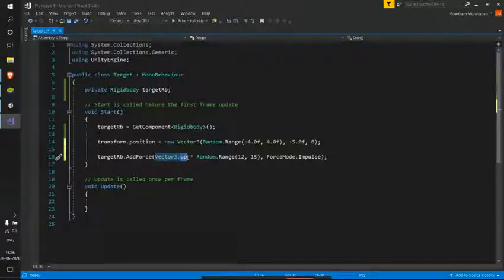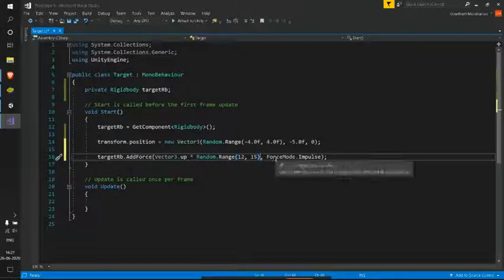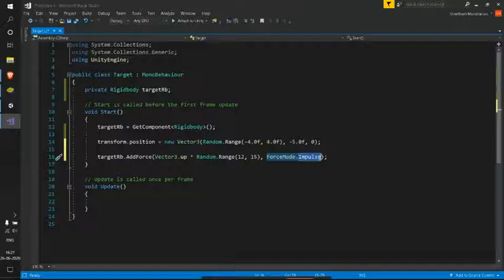And next we are amplifying this using this particular Random.Range value. So this Random.Range will be giving values 12, 13 and 14. So when we multiply, the magnitude of the vector will become 12, 13 or 14, right? So here it is, and we are applying this force as an impulse.